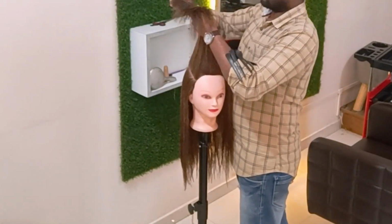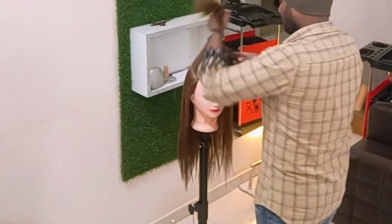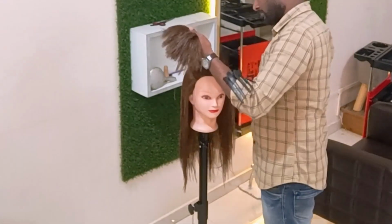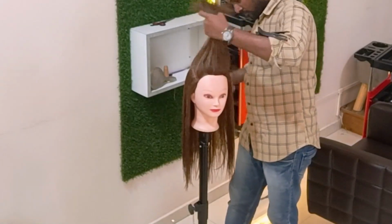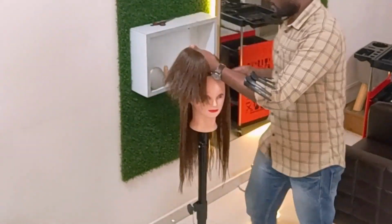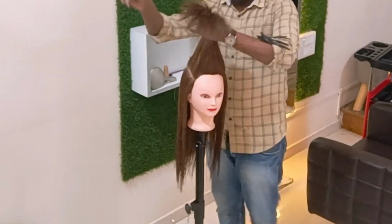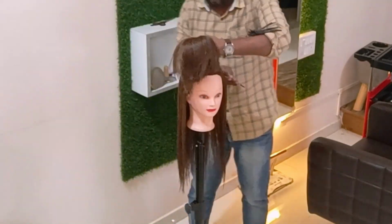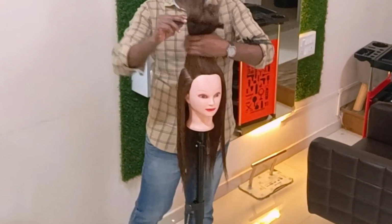You can just learn from these haircuts with a lot more layering techniques. Pin to pin, point to point, inch by inch, I'm holding approximately a sharp 90-degree haircut, and you can see that in this video. Small sectioning, holding a distance, the holding techniques and the way we cut the hair, all the things you're going to see in this video. Stay tuned and